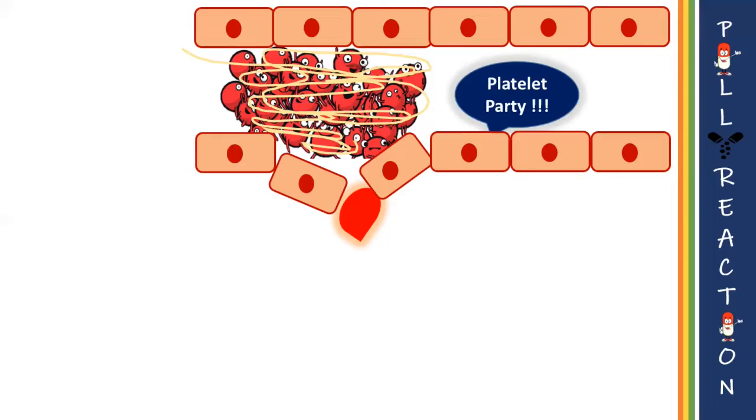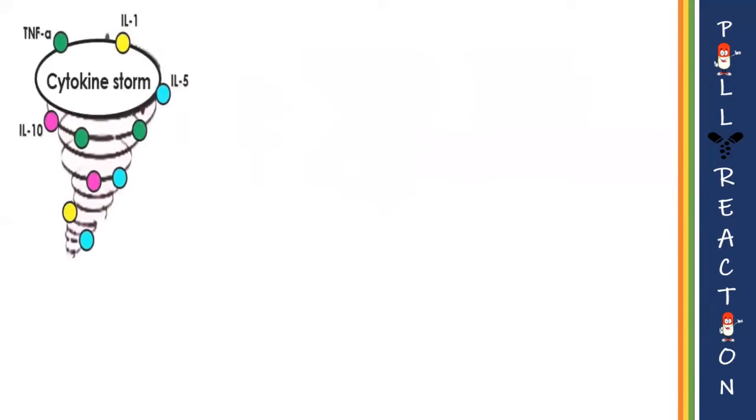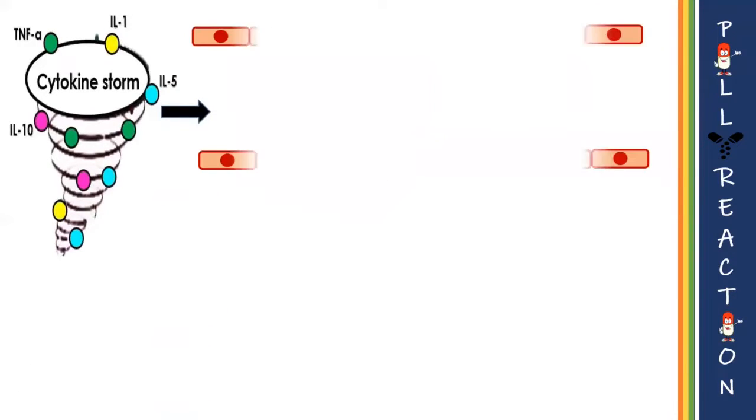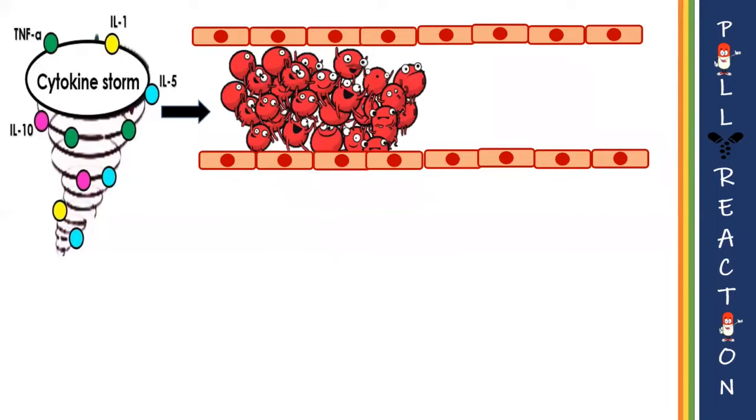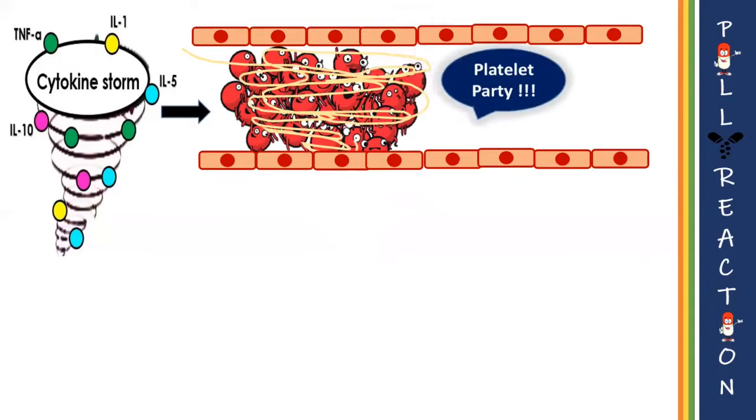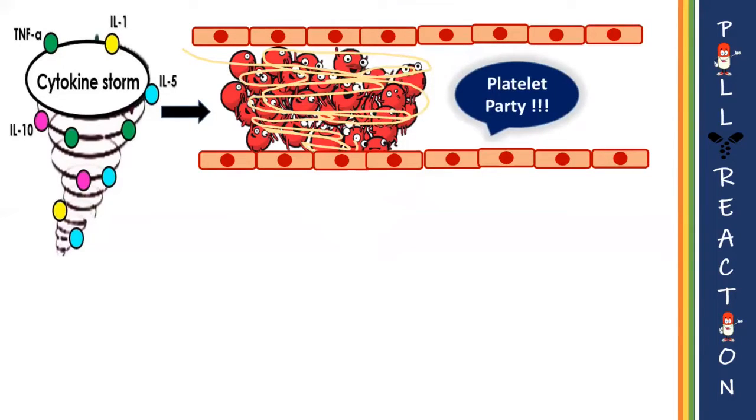So, how is this happening? The cytokine storm in COVID makes the blood vessel very thin. Hence, the blood vessel becomes more permeable. So, now all the water content of the blood is moving out of the blood vessel into the interstitial space. That means in the blood vessel, we are only left with the solid cells. As a result, blood starts to coagulate. This abnormal clot inside the blood vessel is called a thrombus.